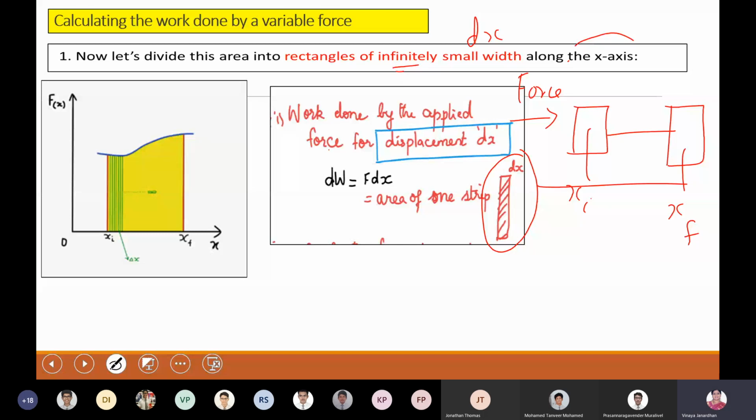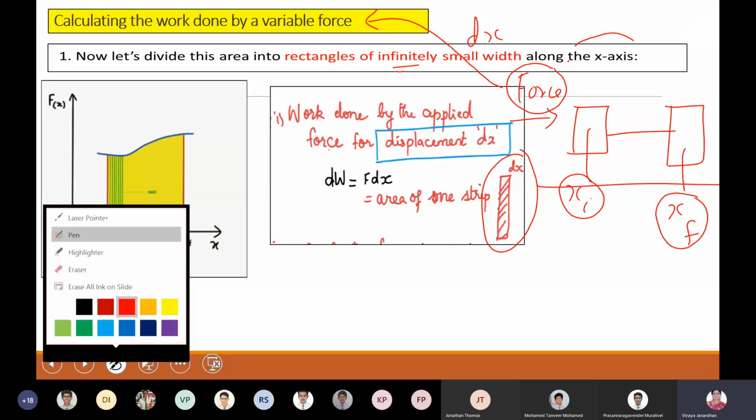This is the picture. You have a body whose initial position is xi. You have applied a force, and this force is a variable force, which means it keeps on changing its magnitude. Finally, this force is capable of moving the body to a final position xf. The question is, what is the work done by this force? Since it's a variable force, you're going to find the work done using your graph. You can go for a mathematical expression, and we'll see how you arrive at it.